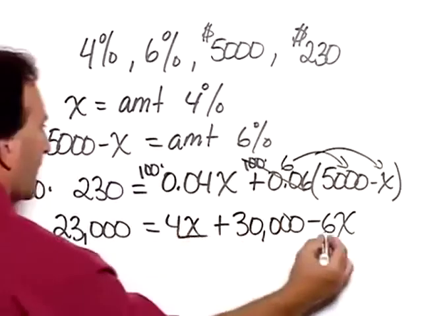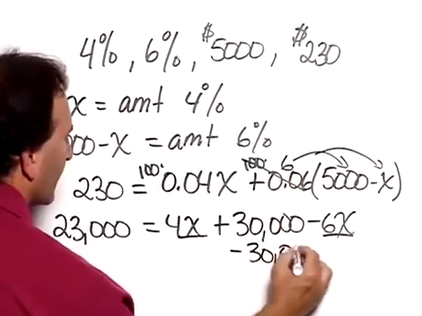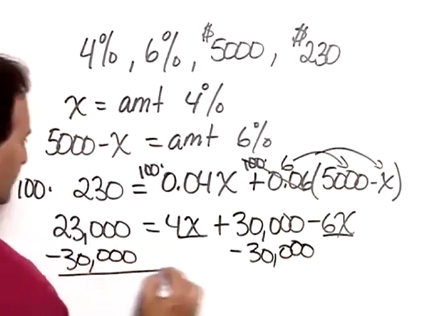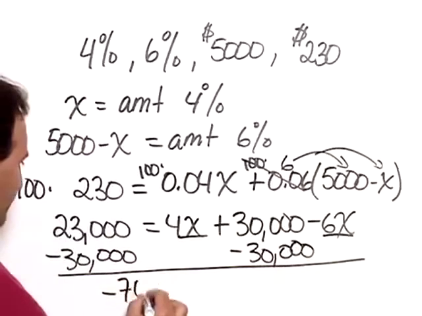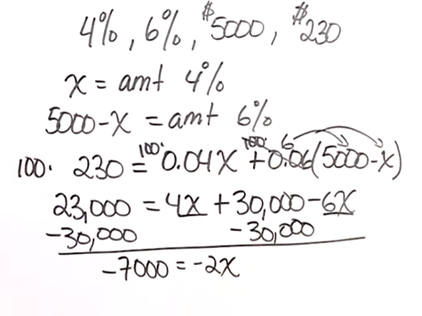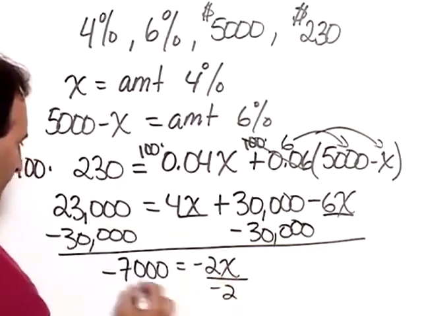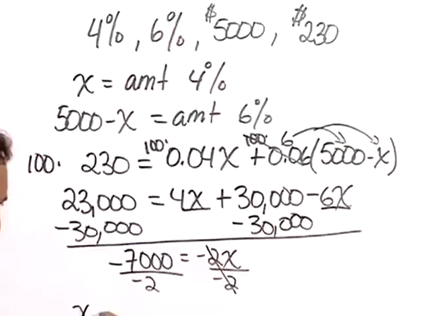We can combine the 4x and the minus 6x for minus 2x on the right-hand side. And at the same time, let's subtract 30,000 from each side. So we get negative 7,000 equals negative 2x. Divide both sides by negative 2, and you'll see that x works out to be positive